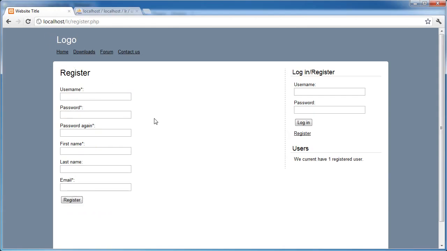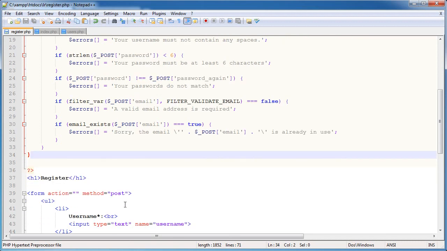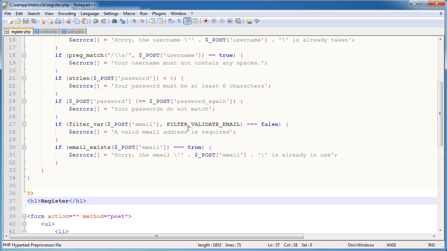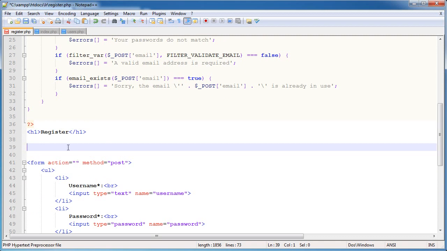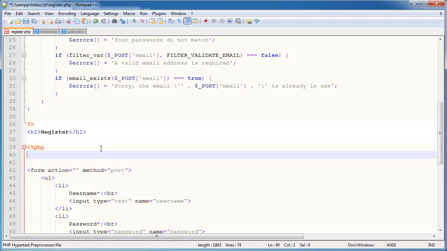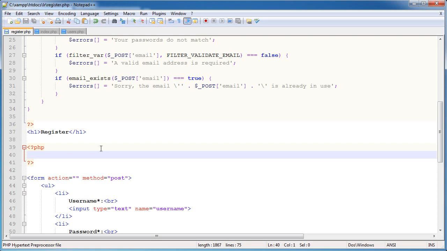I'm going to go ahead and just refresh this page, get rid of everything, click register. Obviously nothing happens, but we should be showing some errors. So how do we do this? Well, I'm going to come down here and actually output stuff down here rather than output stuff in the header. So remember, all my logic's up here, and then just under the header, but before the form, I want to go ahead and open up some PHP tags, and I want to check whether this errors array is empty or not. Now, if the errors array is empty and the user has submitted the form, that's important as well,